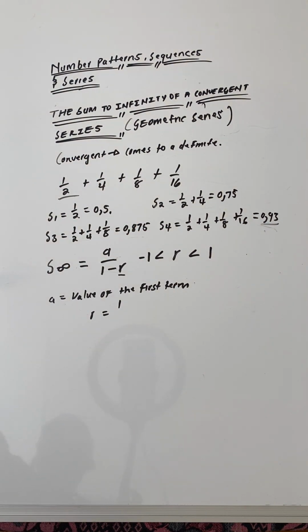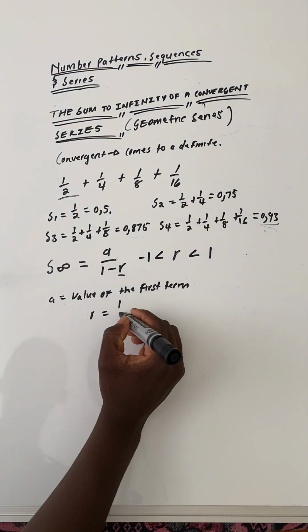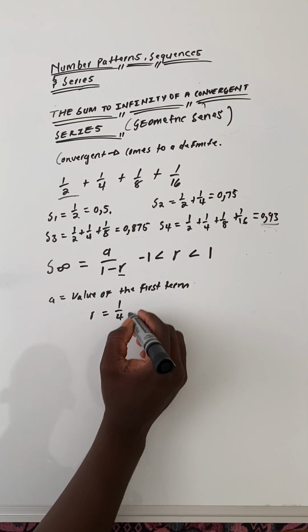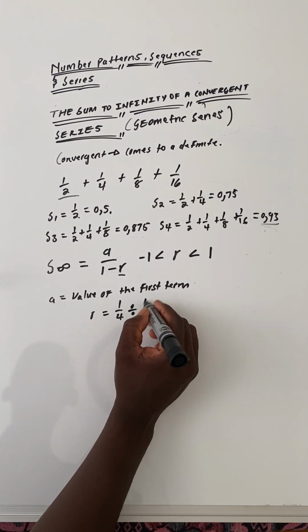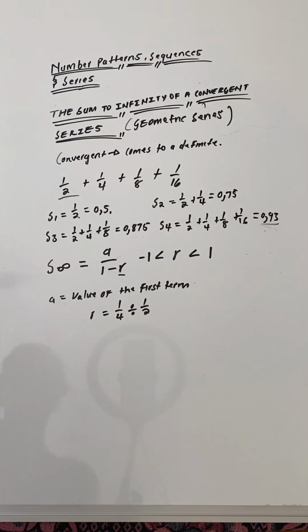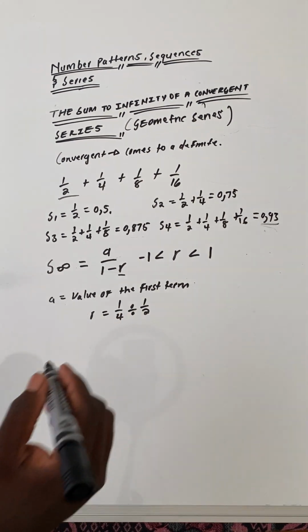So that will be 1/4 divided by 1/2, right? When you put that into your calculator, you're going to get that r,